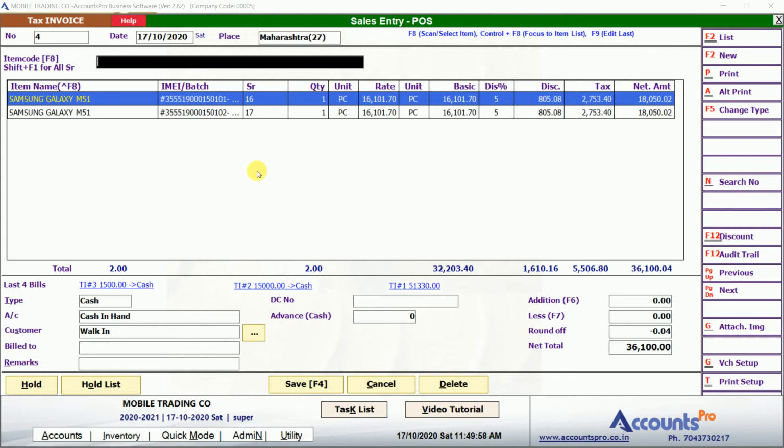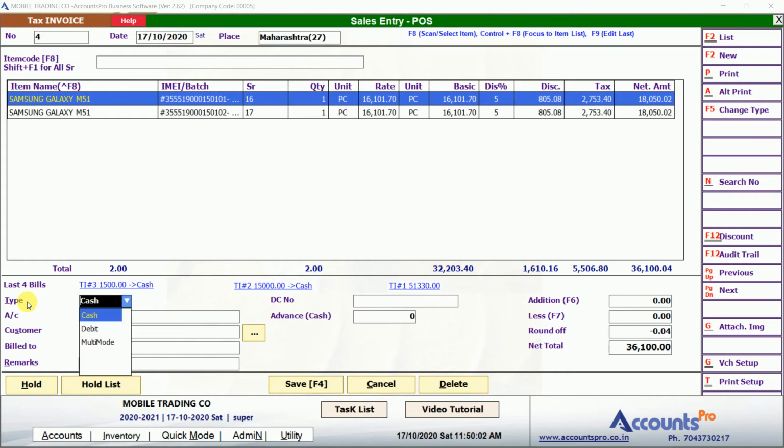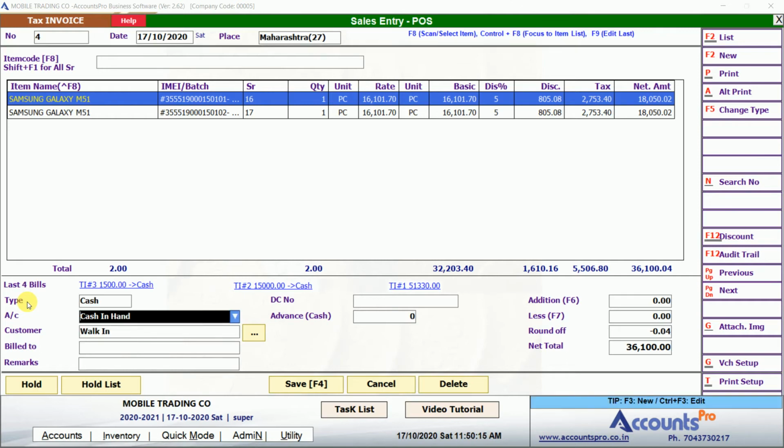Okay, now the next thing is to adjust the bill. The type of bill, is it in cash or in debit? Okay, you can enter multiple payment modes here, like mobile money, Paytm, card, credit card. Okay, all payment types can be added. For example, I am doing it in cash, account cash, customer name. Now, suppose he is a walk-in customer and you do not want to save his profile, just continue with walk-in and enter his name manually here. Say Ram Sundar, for example.